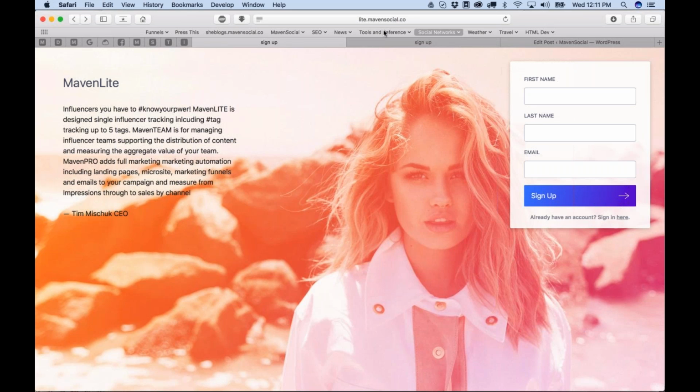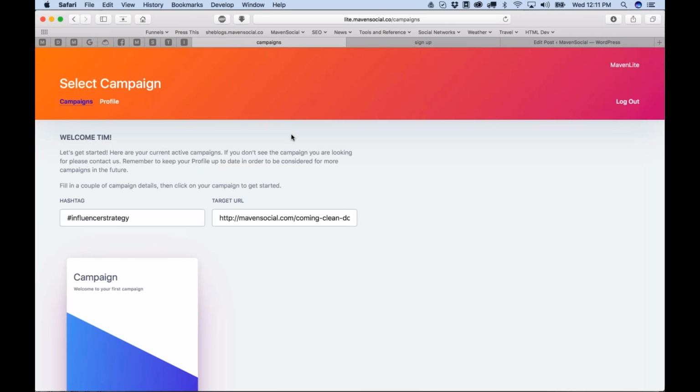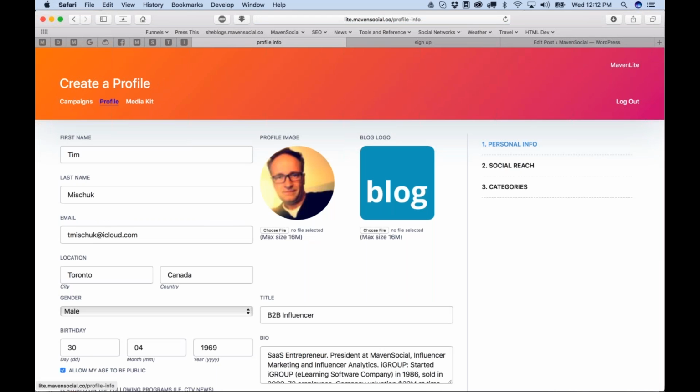You would be able to go to light.mavensocial.co and log in under first, last name, and email. But because I have a profile already there, I'm just going to sign in. So I'm going to sign in here under my login. And as I log in, if you log in the first time, you're going to be introduced to this profile here,